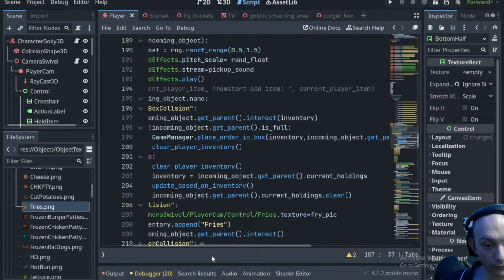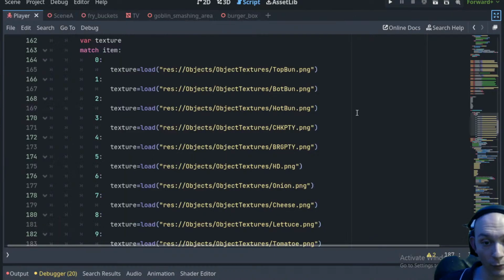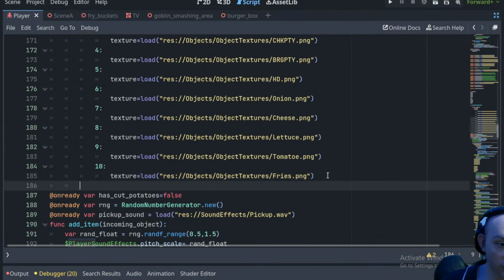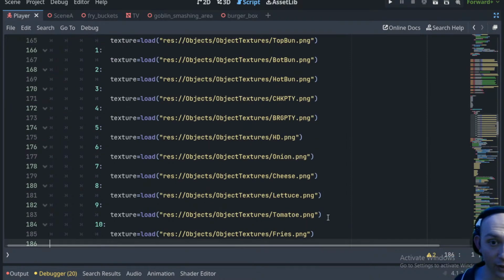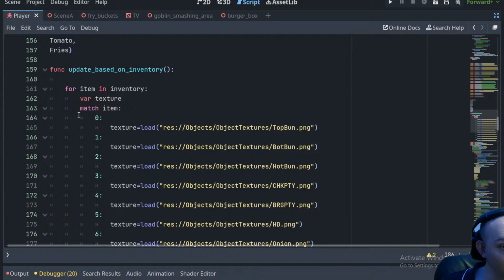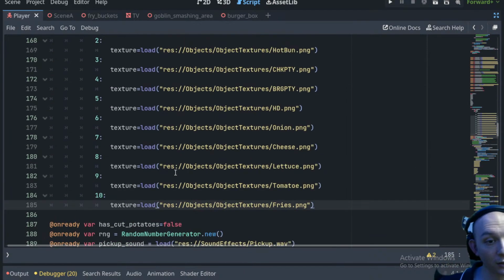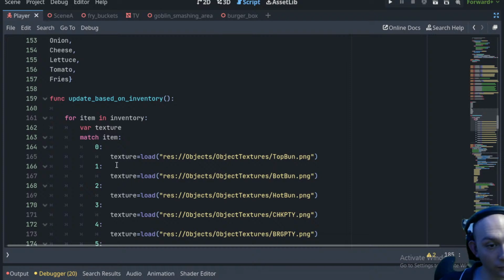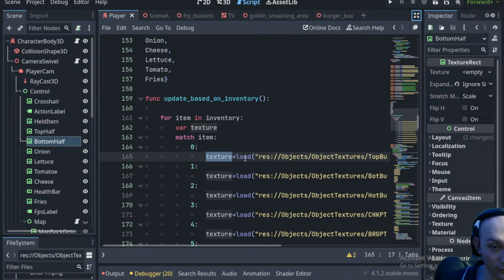Cool. So, all that's going really well, I believe. We'll load the images dynamically. Onion, cheese, lettuce, tomato, fries. Cool, all that looks good. Yeah, so that should be the way we do it. We just set the texture there, and then, yeah, we could just, we don't even need this here. We'll just set what the corresponding thing is, because we know what the corresponding one will be. So if I undo this, it only goes in one spot, so we can just say, like,